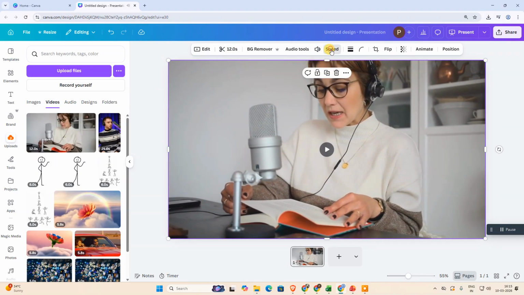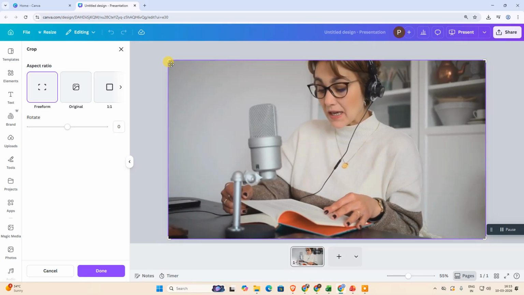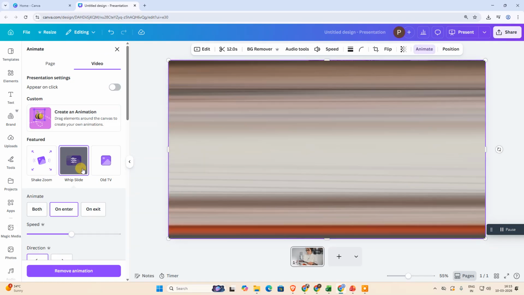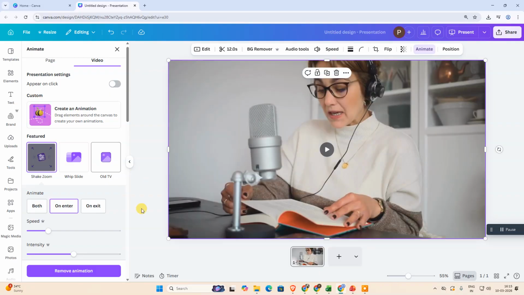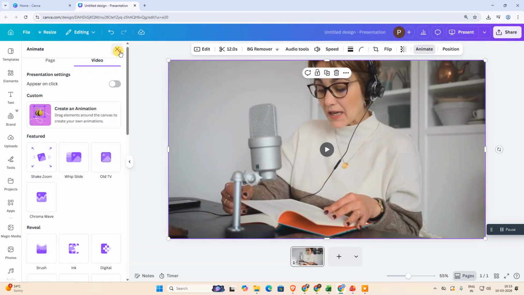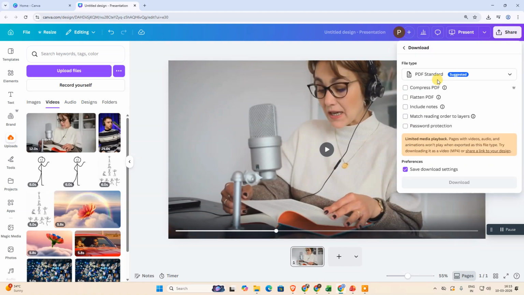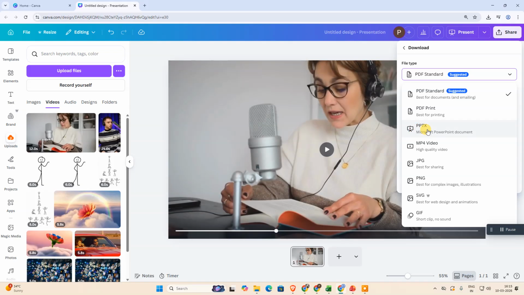Here in speed, you can increase or decrease the speed. Here is the crop, if you want to crop the video, you can crop from here. Okay, here is the animation for video, if you want to give any animations like this, you can give them. I just remove it. Okay, after you are done, you can go and download it as a